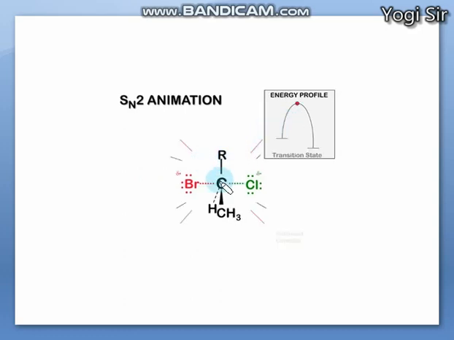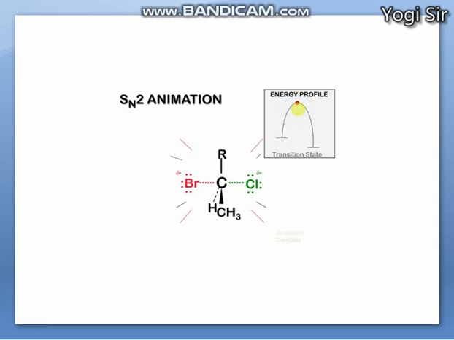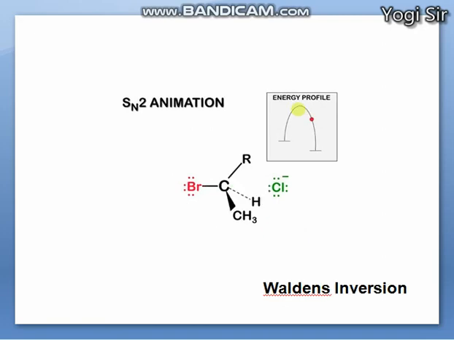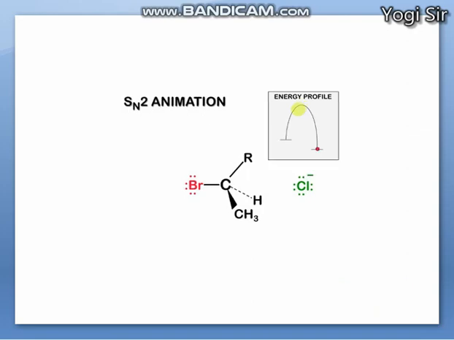You can see there is rearrangement over here. The chlorine moves more away, right? And the other functional groups are getting rearranged, and the energy is at its maximum point over here. And later on, as the reaction proceeds, the energy goes down and you can see the chlorine is removed and the geometry is inverted, which is known as Walden's inversion,